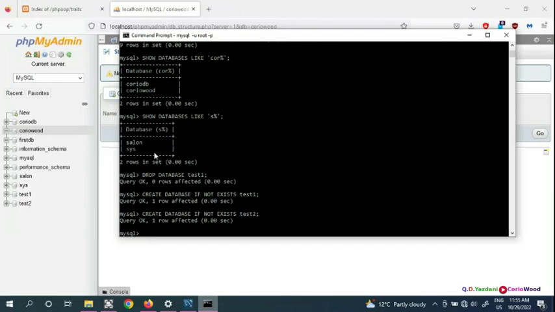line interface. And in the next video, I'm going to show you how to create the tables inside our database. Now we know how to create our database, how to select our database, how to manipulate our database, how to delete our database, and how to do other operations on the database. Alright, so in the next video we're going to show you how to create the tables